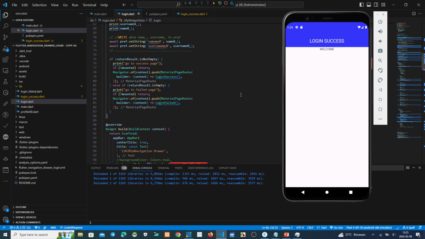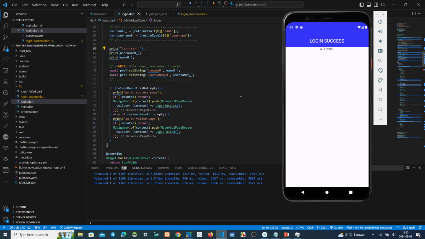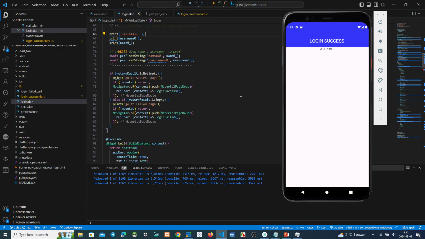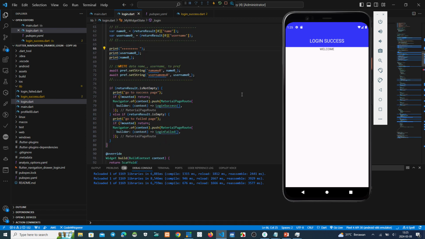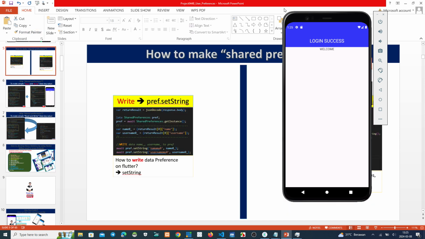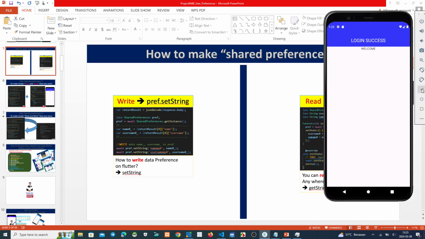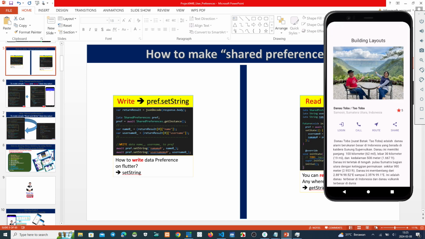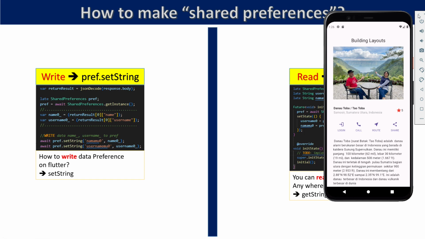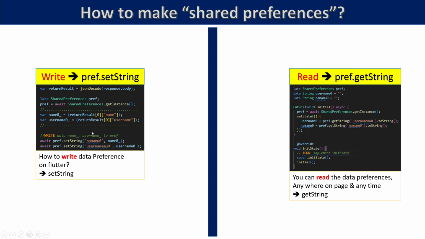Okay, we can see this one. This is to write the data to preference, like I have mentioned before.